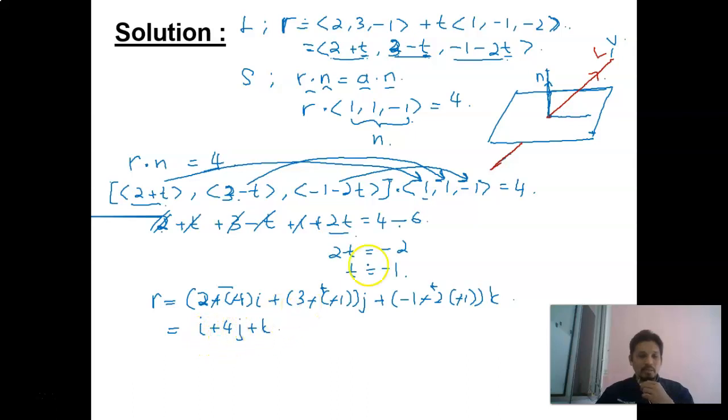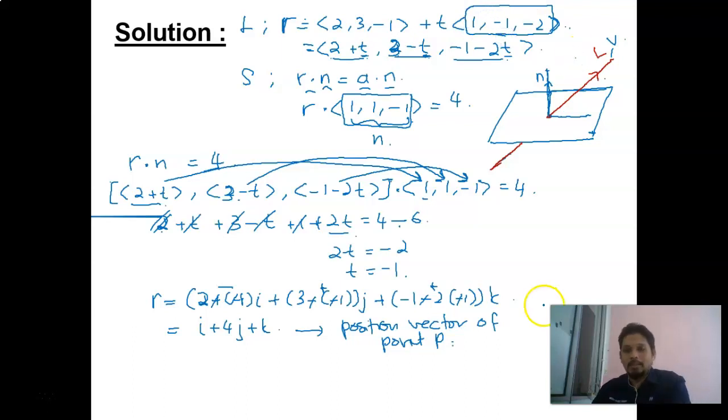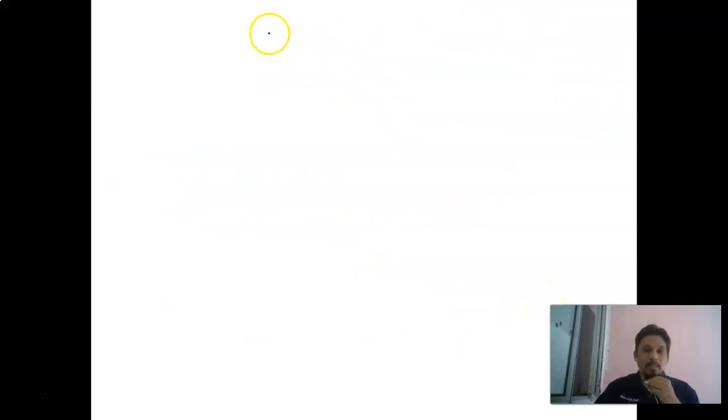So this is the position vector of point P. Okay. So now, this is our N, and this is our V. Okay, so now the angle